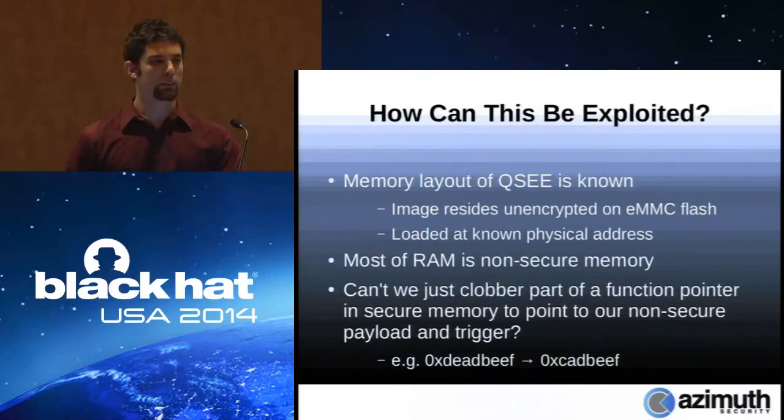Exploiting this is somewhat of a challenge, but a few things make it easier. The first of these is that the memory layout of QSEE is almost entirely known to the attacker. Because the TrustZone image sits on disk, and we're assuming that we're running as the kernel, we can read that image from disk. And because it is loaded at a known constant physical address in memory, we essentially know